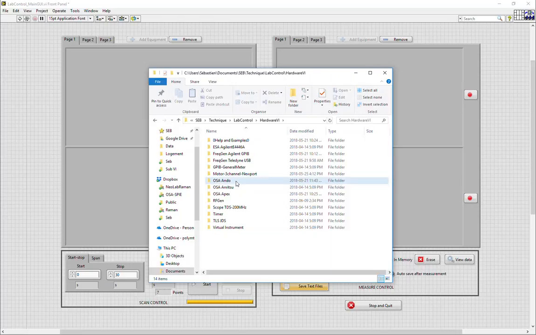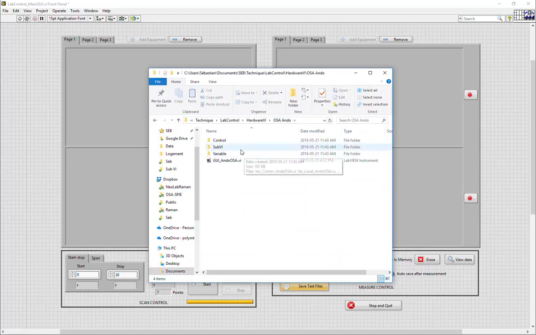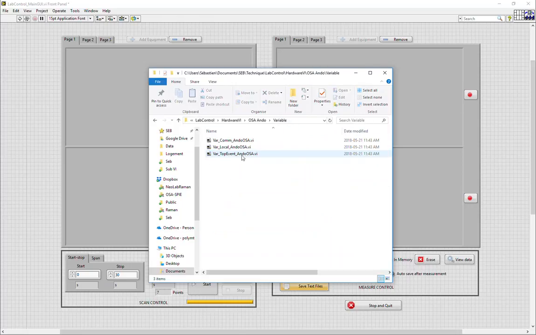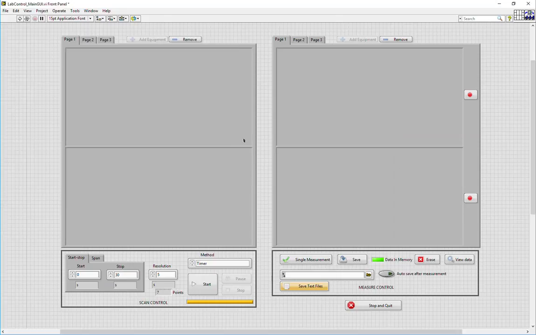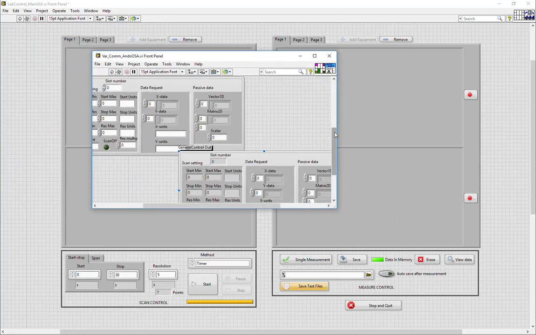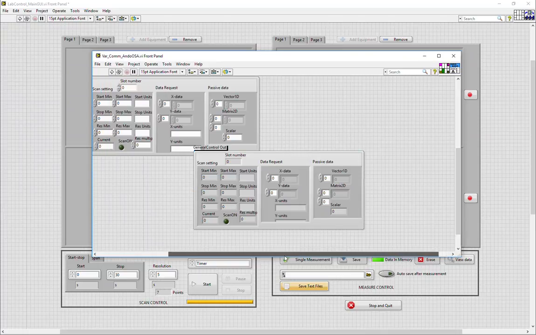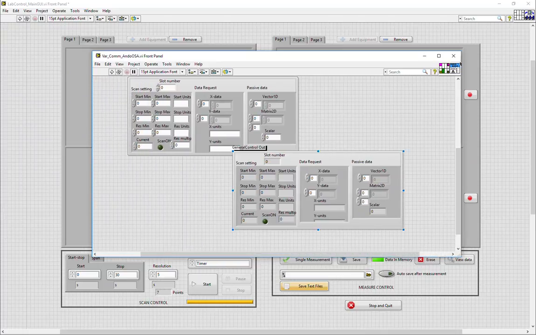Now, as an example, if I return to my OSA, the communication variable must be the same for every equipment, and will take the following form. All VIs related to equipment have a blue icon on them. The following data that can be communicated from the equipment to either other equipment or to the main GUI